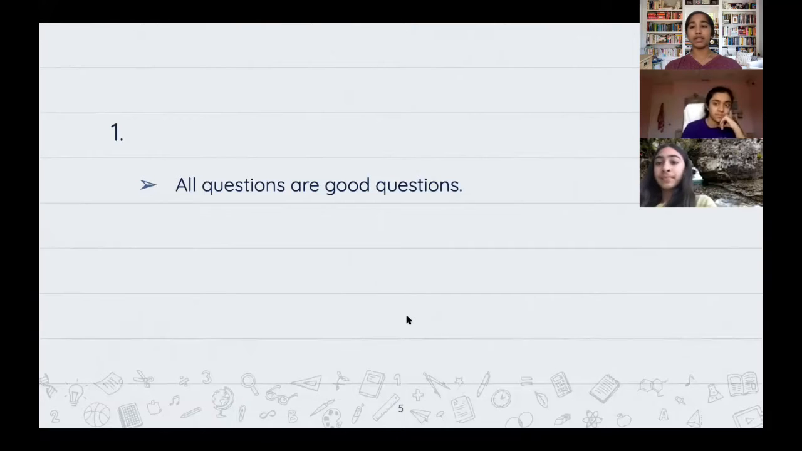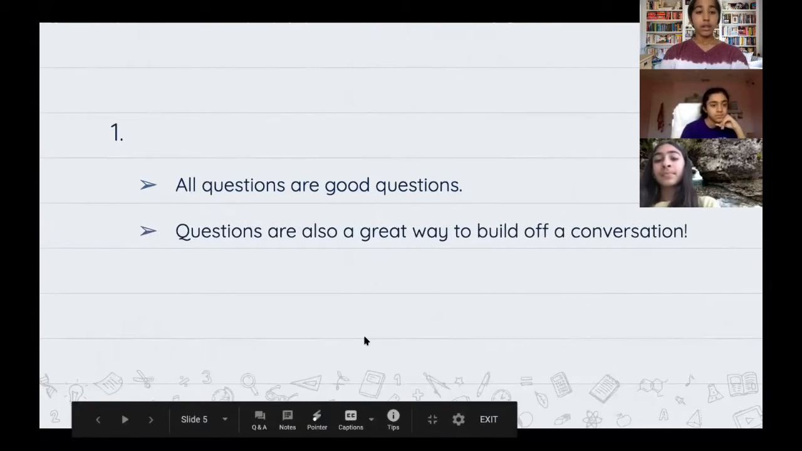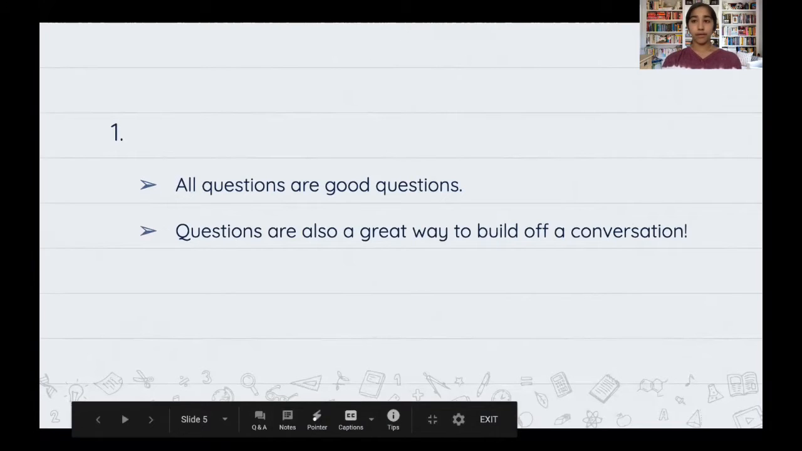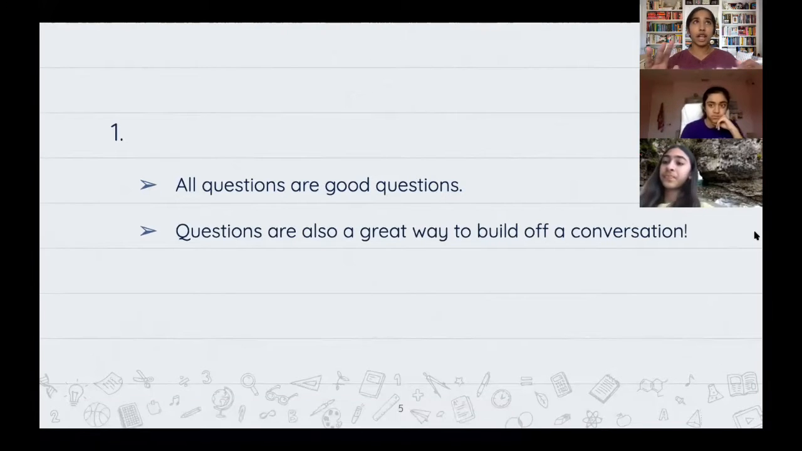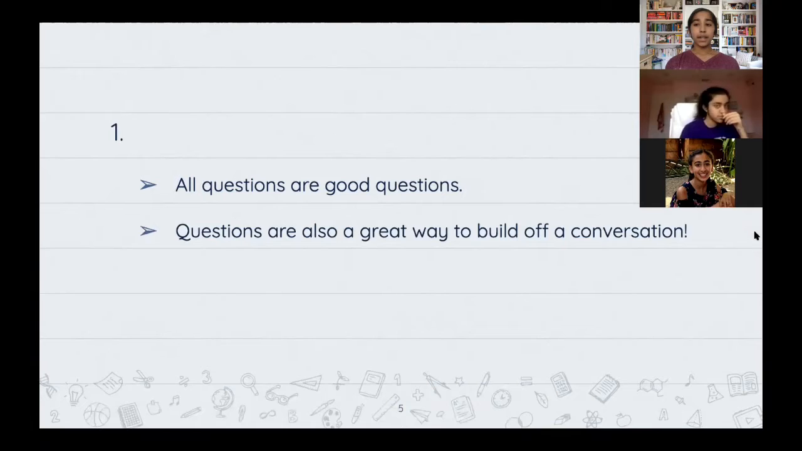Rules: as long as they're related to the topic, they should be perfectly fine. Questions are also a great way to build off of a conversation. So if you're talking about, let's say, the ocean,